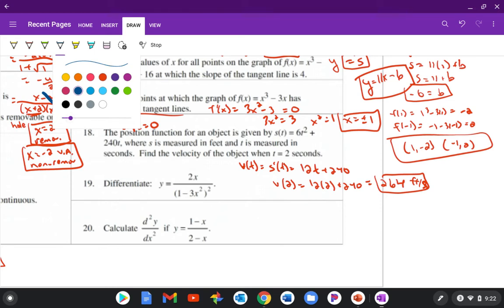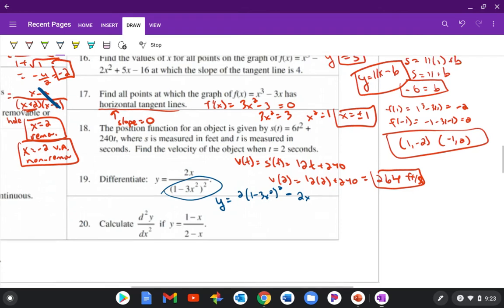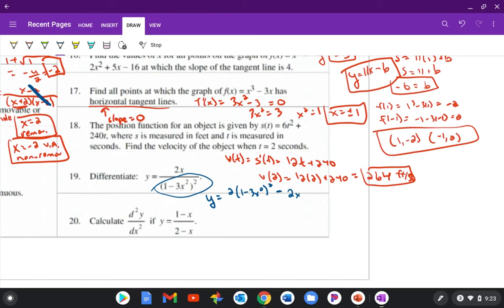All right. So the quotient rule, that's when we have a fraction. We do the derivative of the top first, so that's 2 times the original bottom, 1 minus 3x squared, minus the original top times the derivative of the bottom. Now for the derivative of the bottom, we have to use a chain rule, which will bring the 2 down